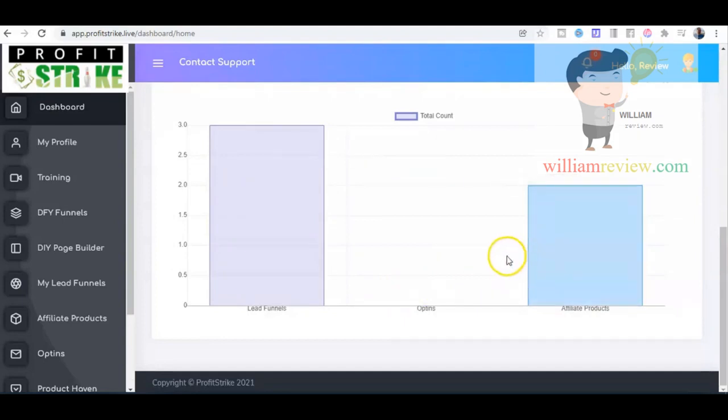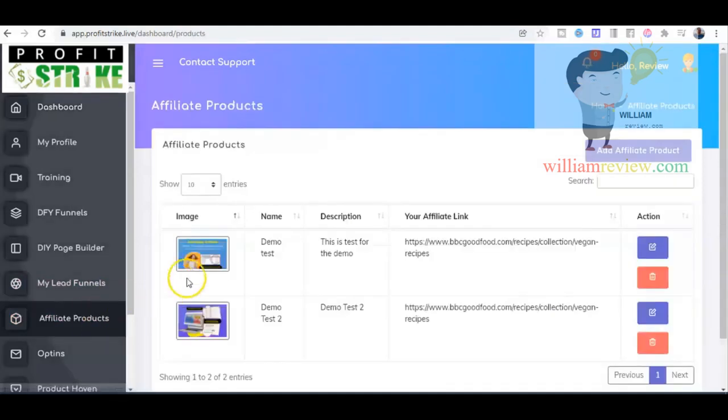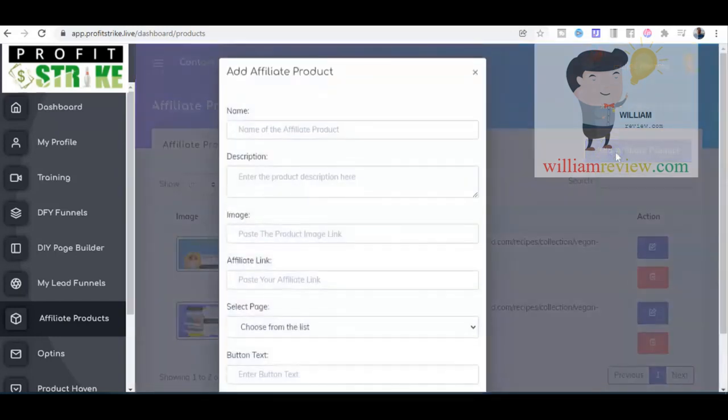as well. So the first step that we want to be doing is going to affiliate products and just setting some up. Now I have already set a couple here and you will see how that all fits in just a minute. But what we do to set a new one up is you go to add affiliate product, you give